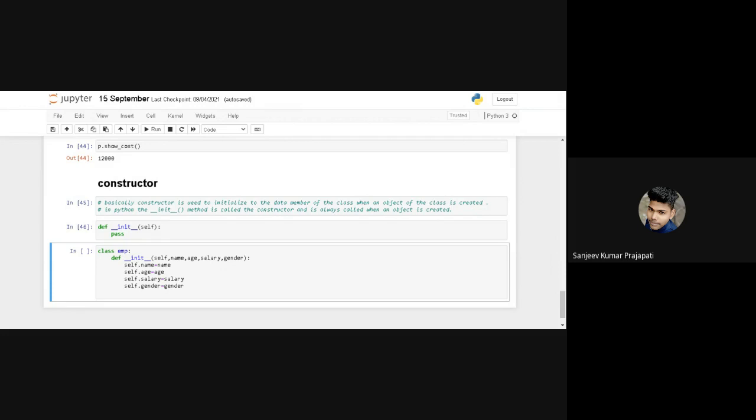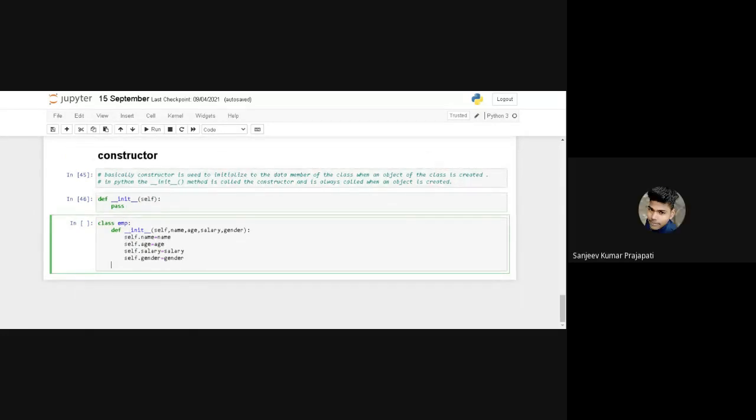Tell me how to write the show employee detail function. Yes, guys, tell me whether you are trying or not.